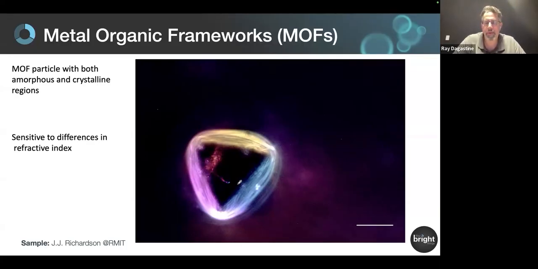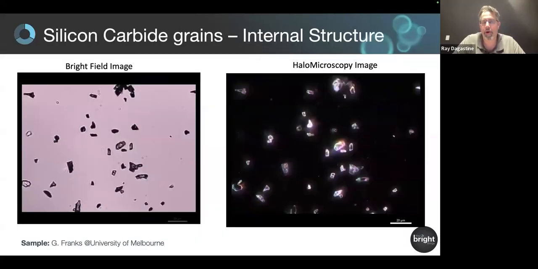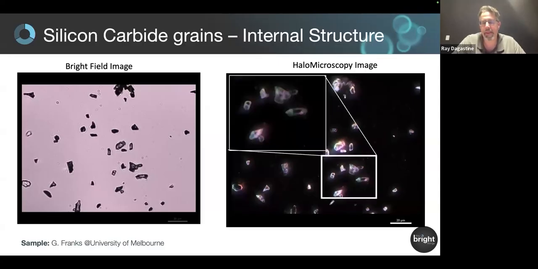But the other thing I want to point out is we're going to just show you a particle. Now, this is silicon carbide. The folks in minerals processing have particles laying around, and I'm in the chemical engineering department. So that's a terrible bright field image of it. And then of the same image, there's a halo image. But this is a little bit different. These are particles that don't just have rough edges, they have internal structure and grain boundaries. And what we're seeing in this little inset zoom